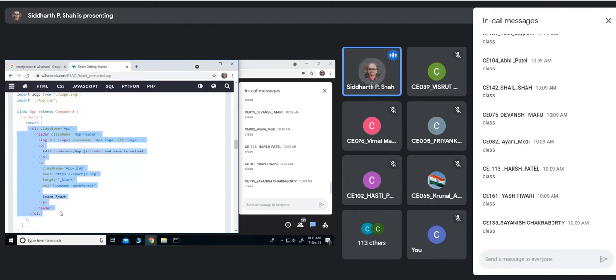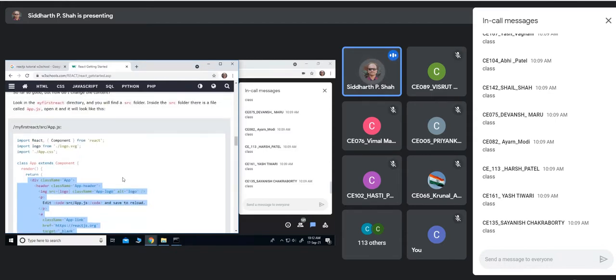And in fact, when this is compiled, I'll also show you that part, where this particular JSX gets compiled in React code, where internally it is using React.createElement and all those libraries.